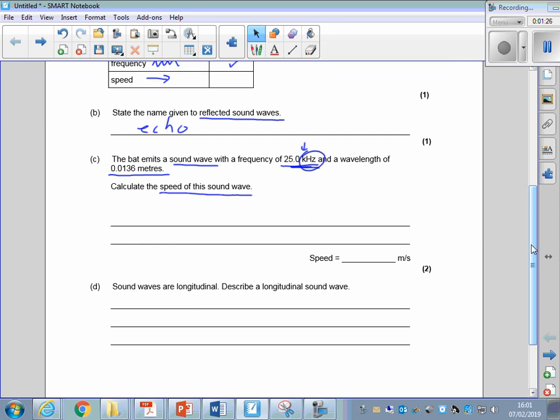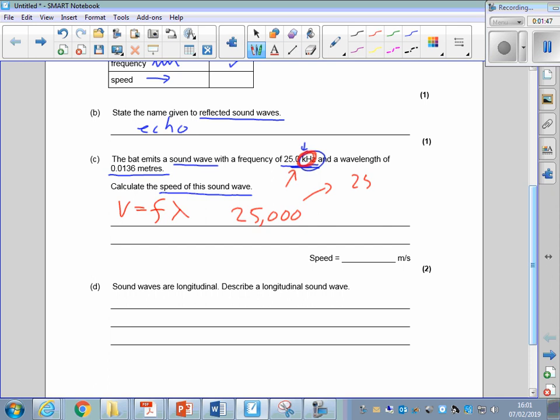Well, this is the wave equation. We're going to use: the velocity of a wave is the frequency times the wavelength. So our frequency here is not 25 hertz, it's 25 kilohertz. So that's 25,000 hertz. You could also write that, if you remember, kilo is times 10 to the 3. So you could also put it as 25 times 10 to the 3 into your calculator, whichever you are more comfortable doing. Both work. Times